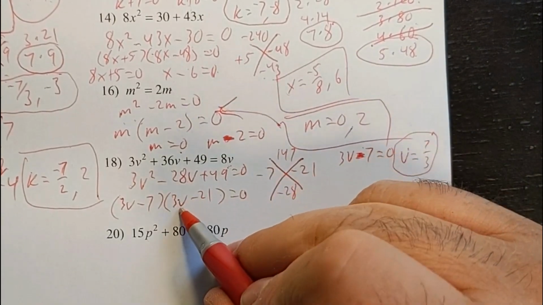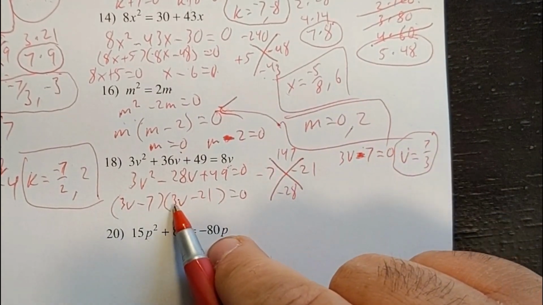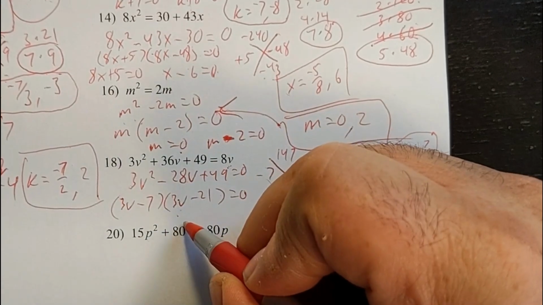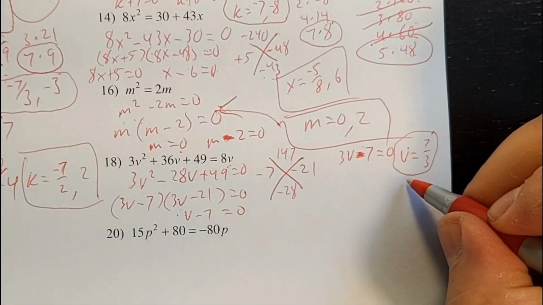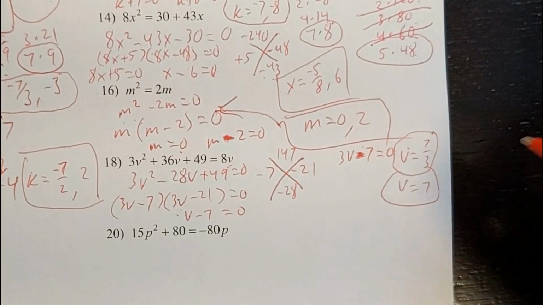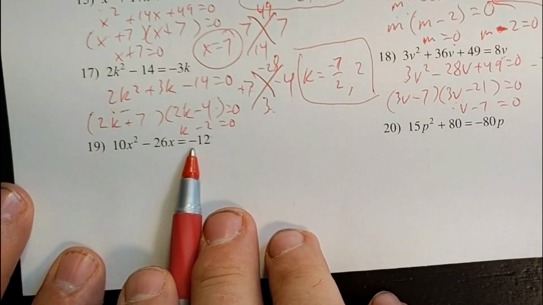And then this one, 3v and 21, do have a greatest common factor, so you factor that out, you get v minus 7 equal to 0. And then you're going to add 7 to both sides, so your other answer is just going to be a 7. If you add 12 to both sides,